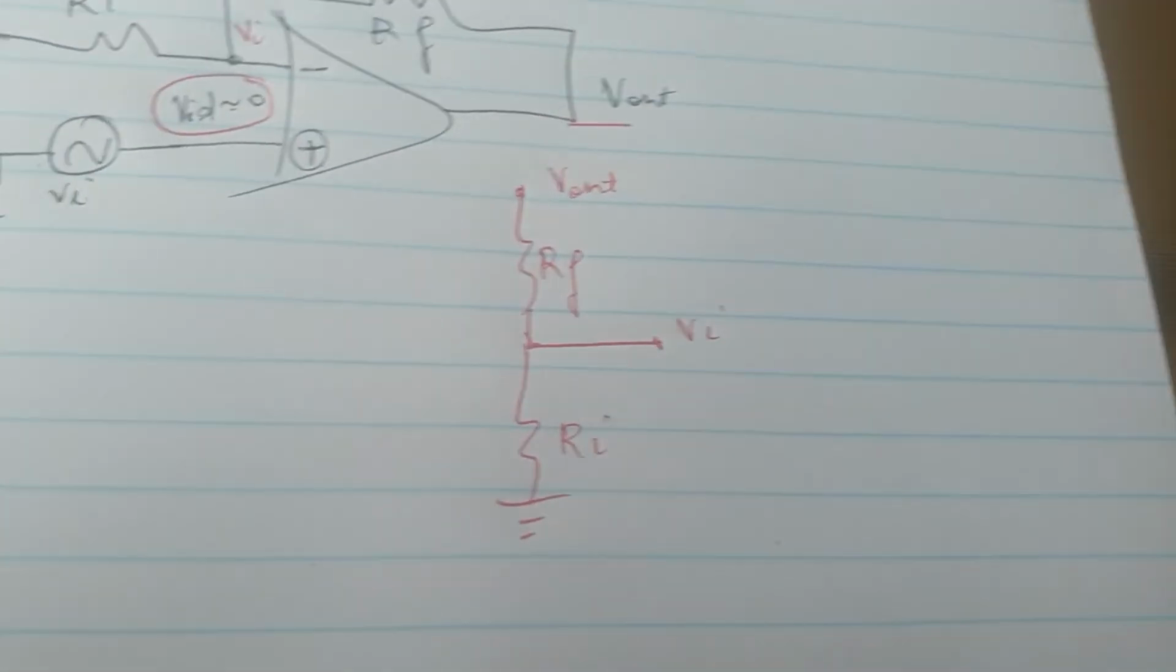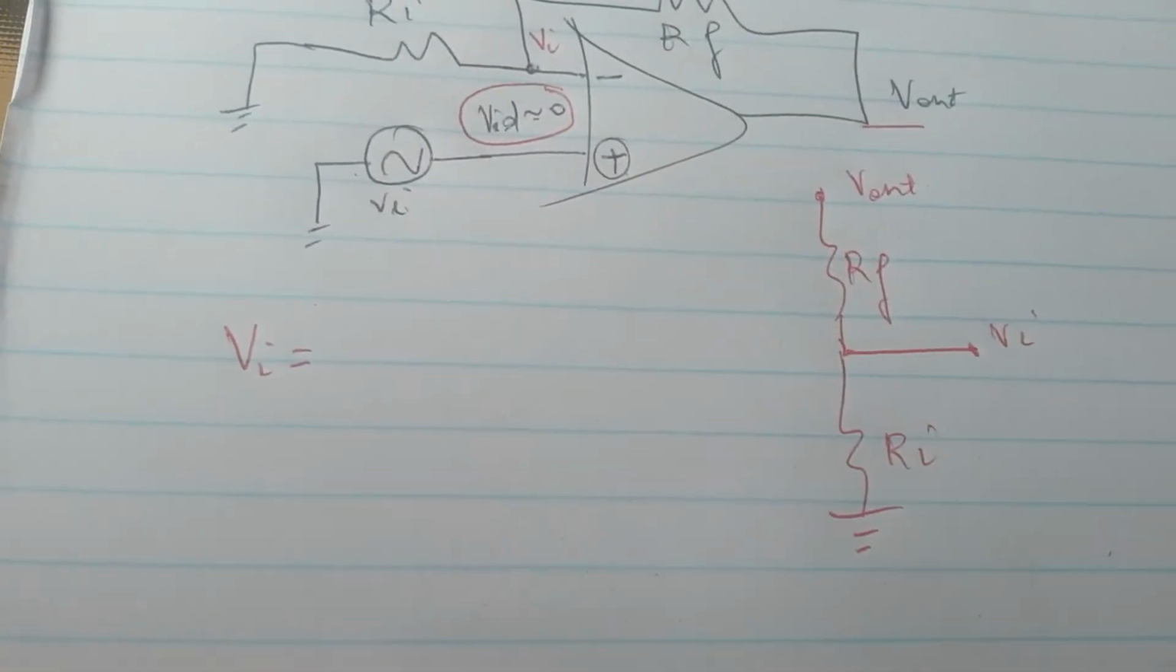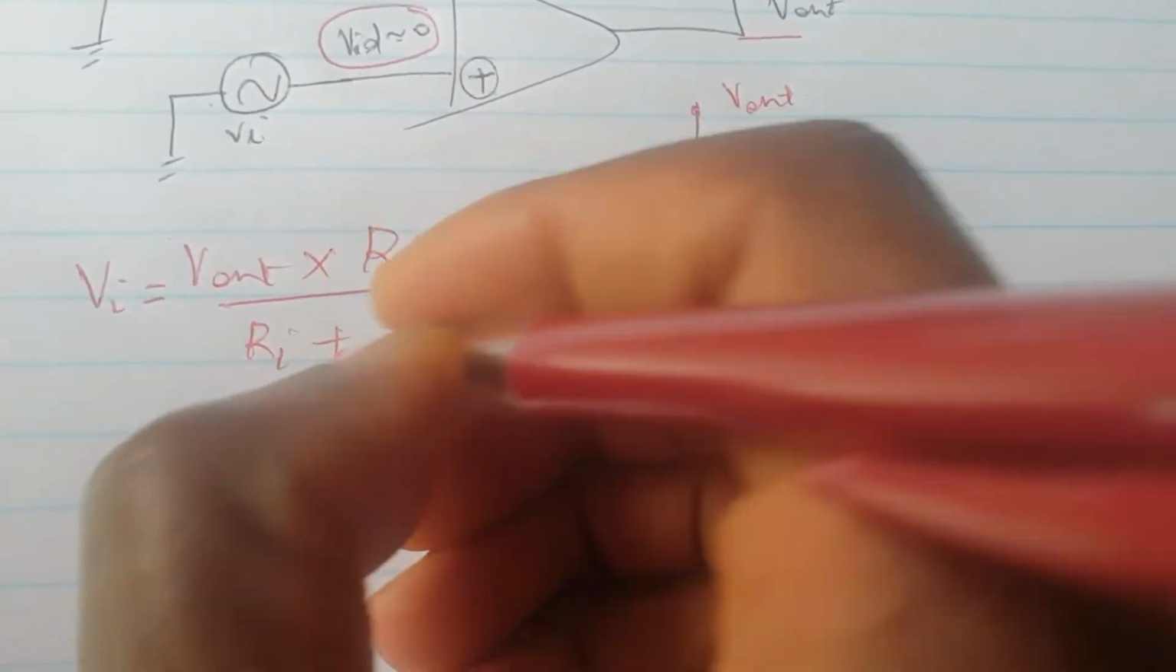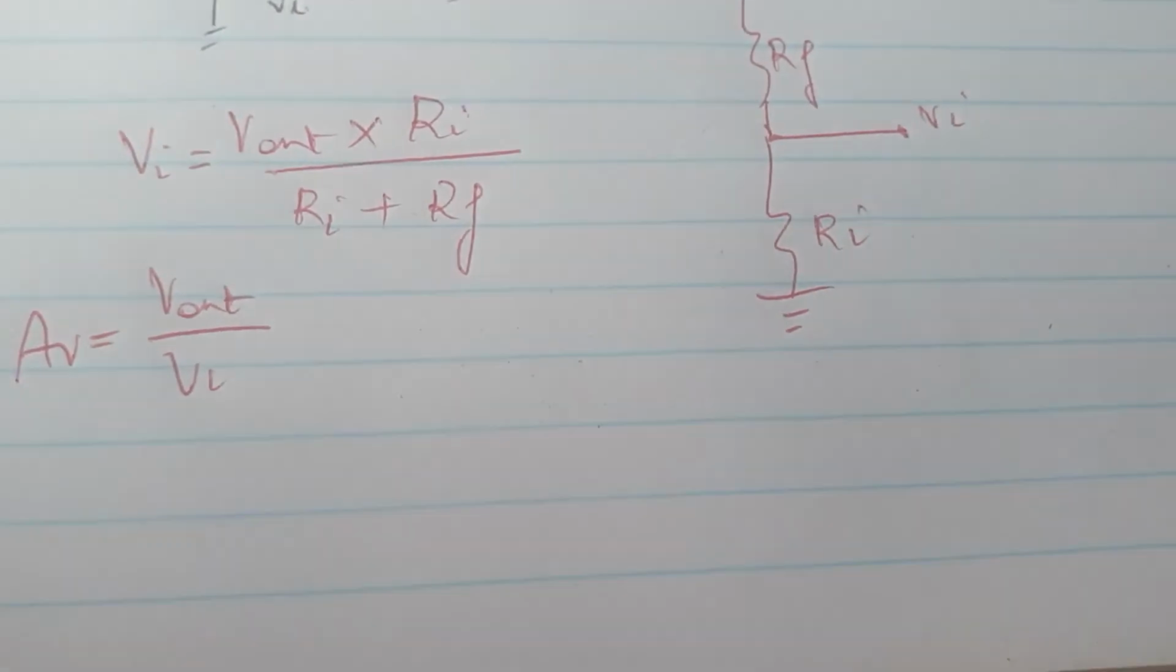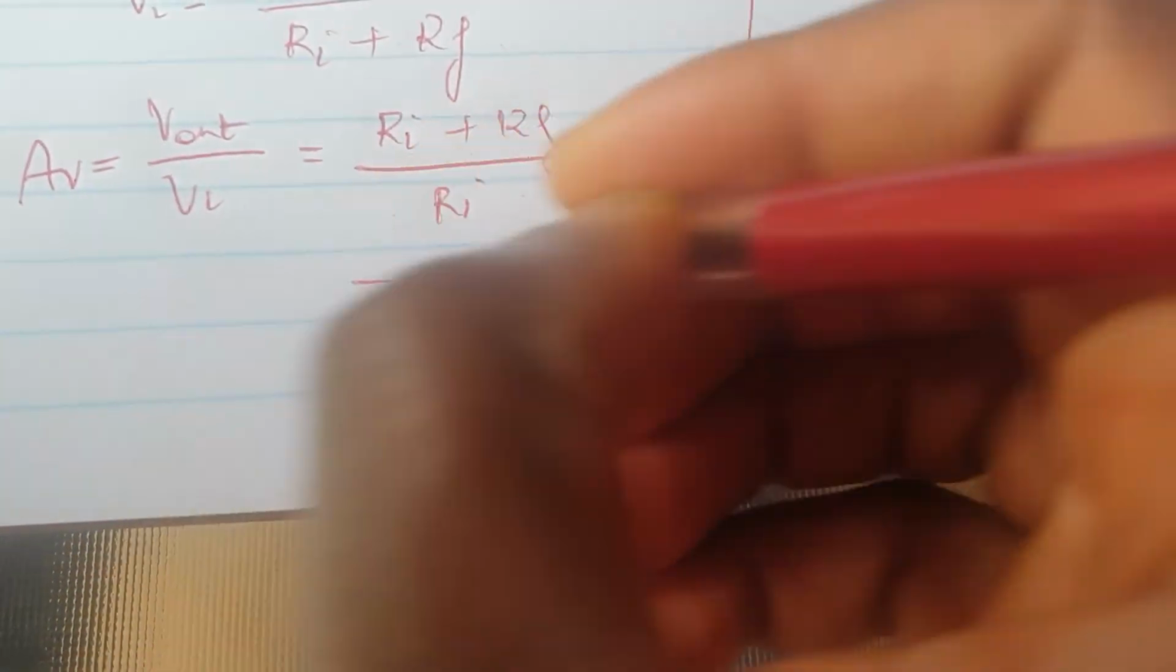If you apply the voltage divider rule, you get Vi equal to Vout times Ri divided by Ri plus Rf, and this leads to Vout over Vi, which is the voltage gain, being equal to Ri plus Rf over Ri, and that can be simplified into 1 plus Rf over Ri. But we've also